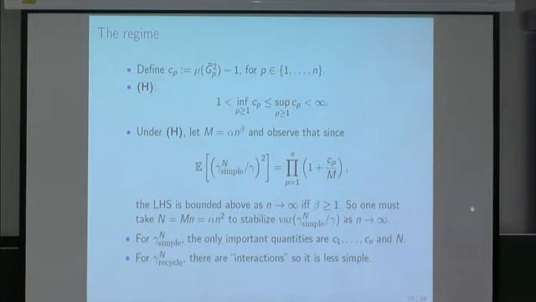Okay. In this case, as I alluded to previously, it's quite easy to see that for the simple estimator, you need to take capital N of order little n, which means that the total number of random variables, capital N, equal to m times little n, is basically order n squared. So you need in total little n squared random variables to stabilize the variance as little n goes to infinity.